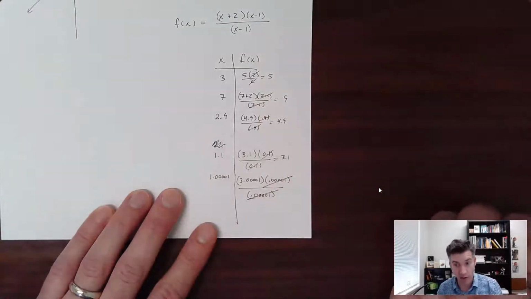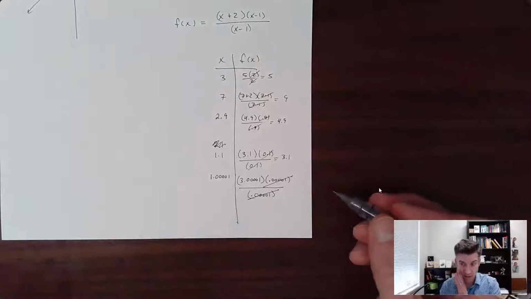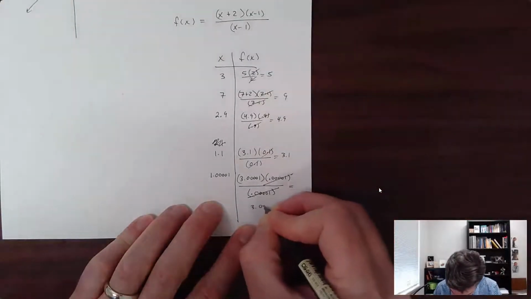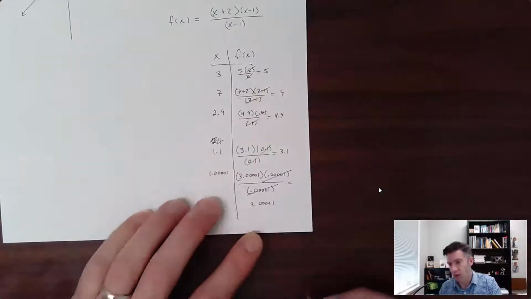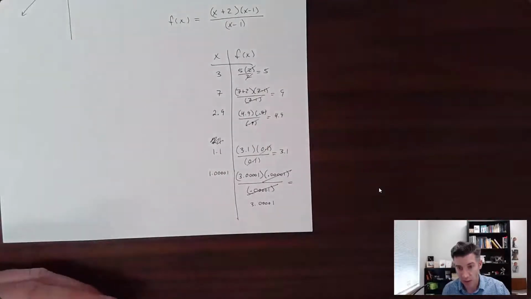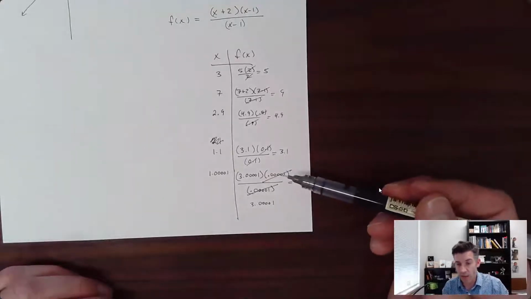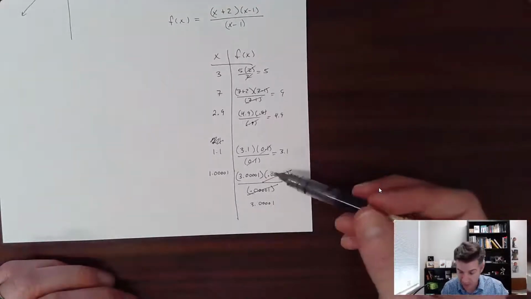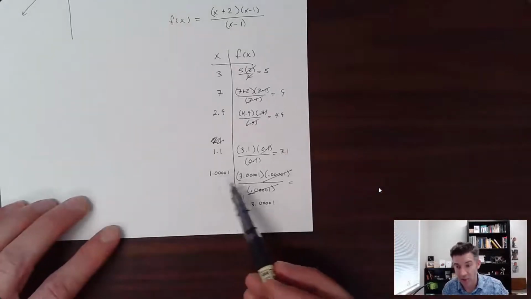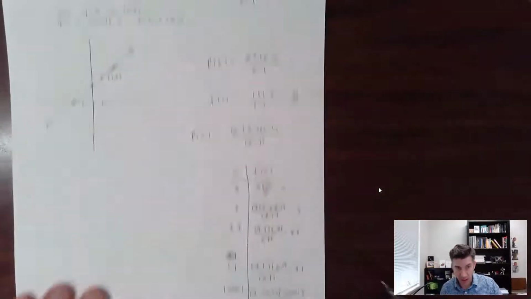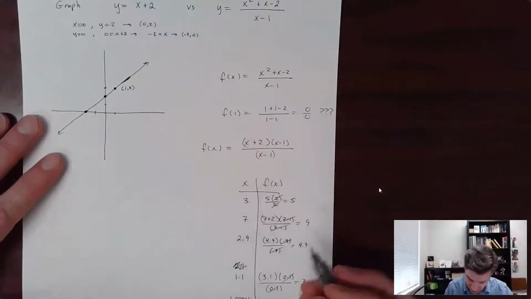They're not 0. Something divided by itself, as long as it's not 0, is equal to 1. So this is just equal to 3.00001. Hopefully this shows you that for any value of x I pick, as long as it's not 1, the y value is just 2 plus that. And if I pick values really, really close to 1, the y values are really, really close to 3. So what we're going to have happen here is when I graph this thing,